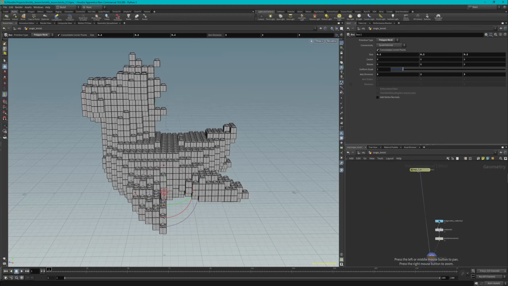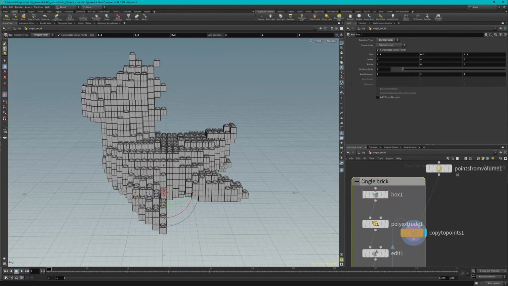And so now if we go back to a home view and drag it down to the bottom, and then home view again, you can see that this tree is much smaller, much more manageable, and within this single brick are all these parameters and nodes that we've added to the tree. But instead of taking up a massive amount of space, it's just right there. And so now we're just going to Control S to save our work,